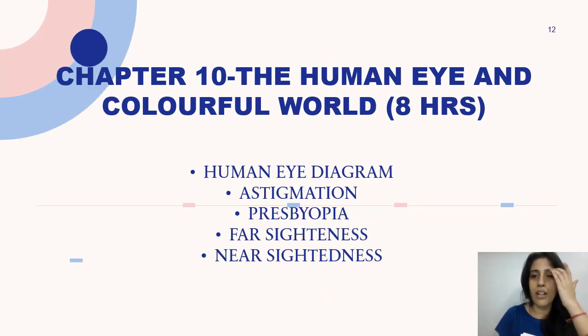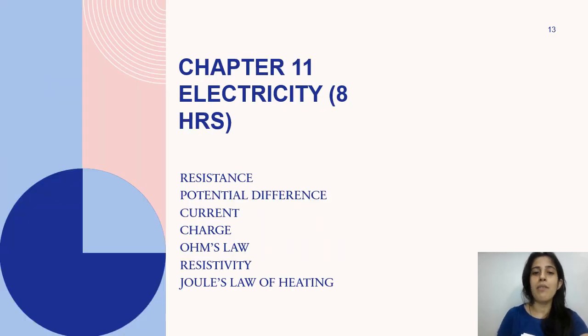In chapter 10, the human eye and the colourful world, we will take it in 8 hours. Human eye diagram, astigmatism, presbyopia, far-sightedness, and near-sightedness. In chapter 11, we will take electricity in 8 hours: resistance, potential difference, current, charge, Ohm's law, resistivity, and Joule's